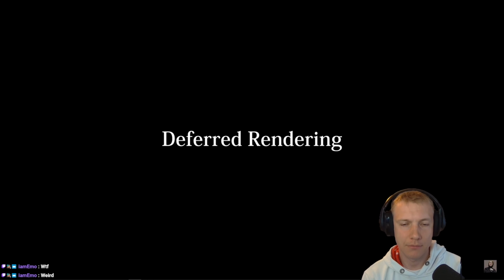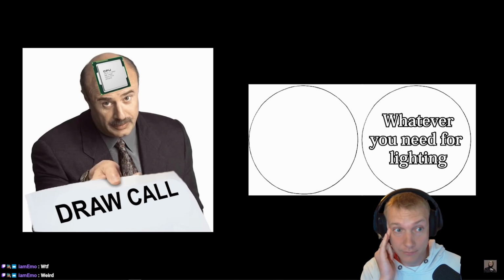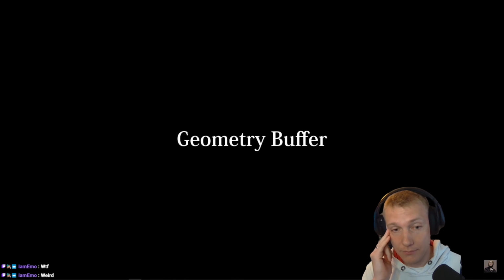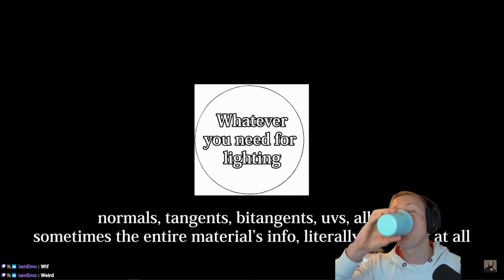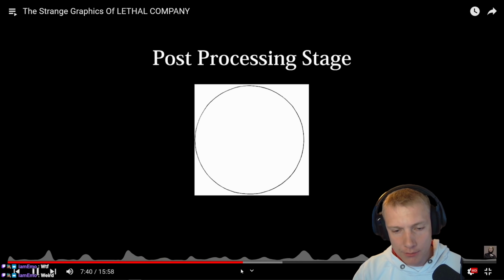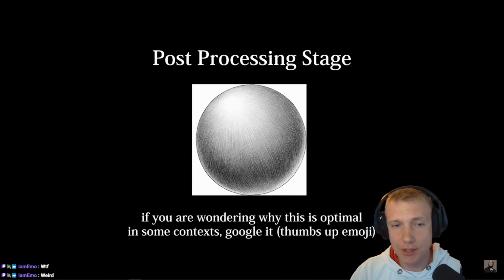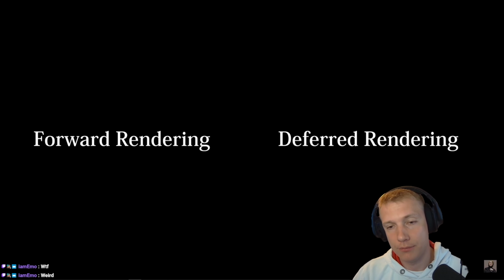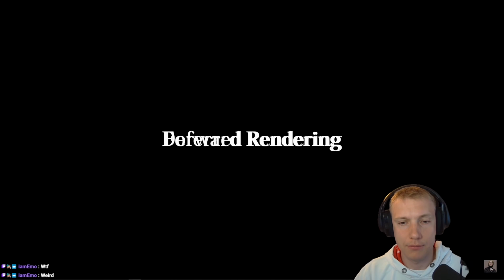Deferred rendering is a bit different. Instead, when we draw an object, we write all sorts of information about it to something called the G buffer. You might think that stands for graphics buffer, but no, it stands for geometry buffer. Obviously, this info we write is stuff like the normal vector or anything else we could possibly want for later. Then, during post-processing, we do all of our lighting calculations based on what was written in the G buffer. Mostly everything in the game dev world has used deferred, although in reality it's some unethical Frankenstein monster of the